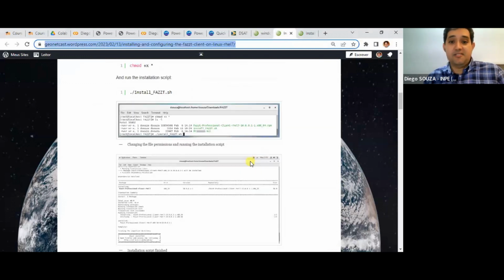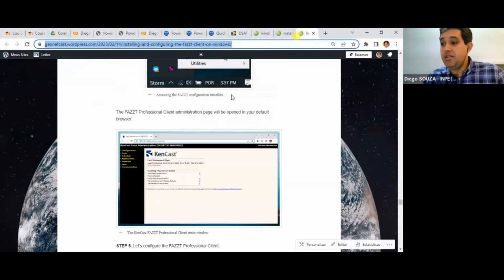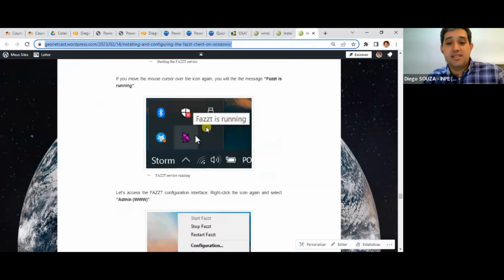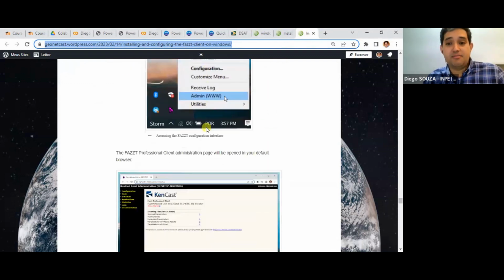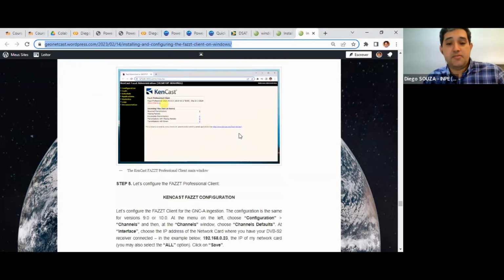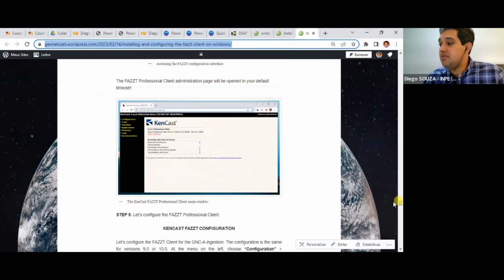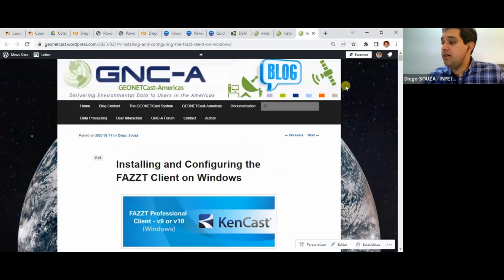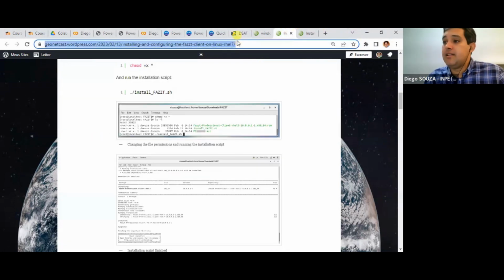However, in Linux, as always, we are doing with command line. And in Windows, we are dealing with graphical interface. But in the end, you have the same client installed, okay? So this is just an overview of the steps required to install and configure FAZZT. Going back to the slides,